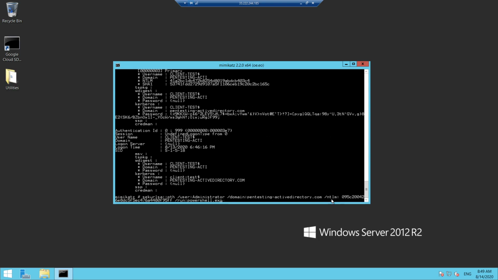I think it's prompt. Okay, here. We need to get this a little bit back. Okay. So this NTLM hash I have gained, along with the module in Mimikatz, will enable me to